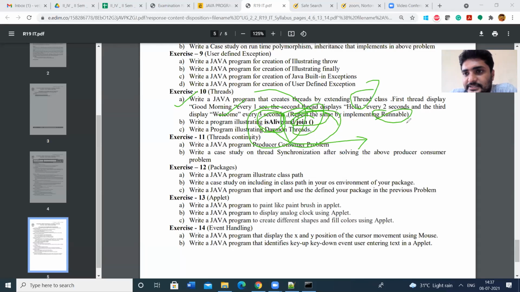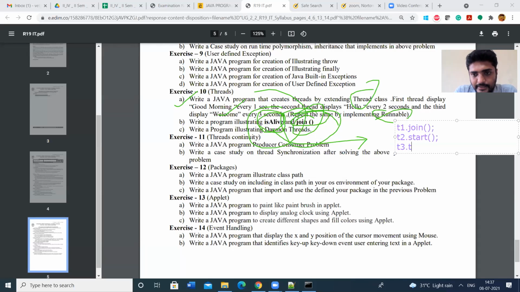We have given the statements like this: T1.join. If you invoke this method, then the remaining threads T2.start, T3.start.